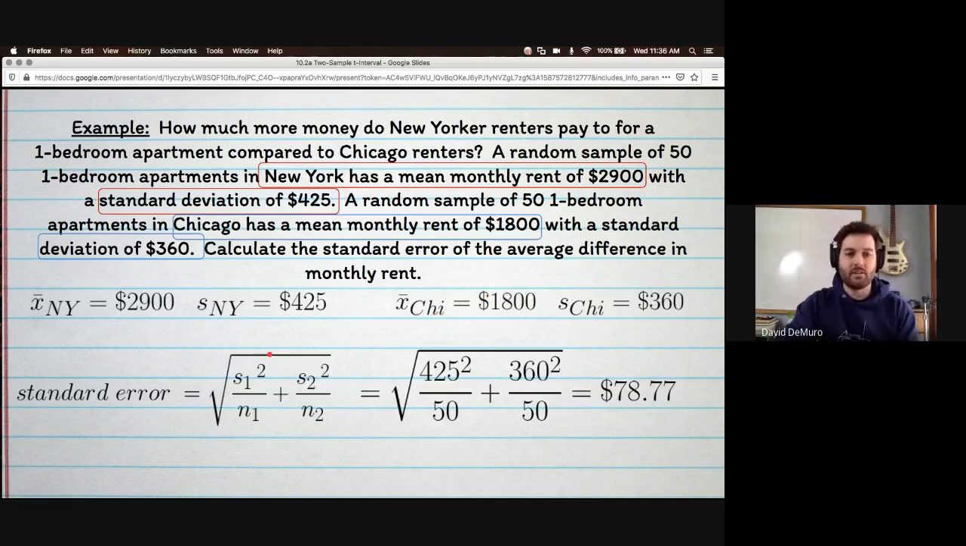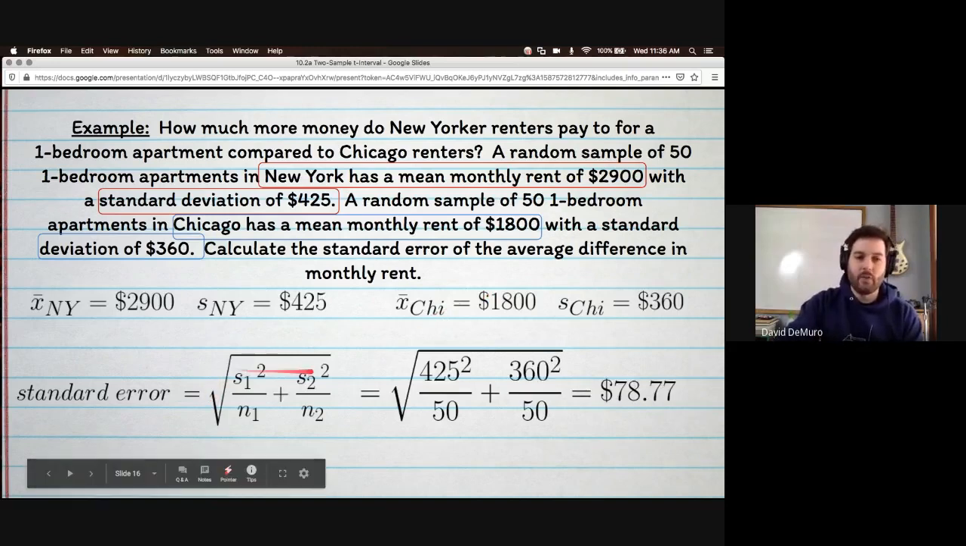All right, so we're going to take our standard error formula, square root of s1 squared over n1 plus s2 squared over n2, and substitute what we know. Standard deviation for New York was 425, so 425 squared over 50, because there were 50 apartments sampled from New York, plus standard deviation in Chicago, 360 squared over 50, because there were 50 apartments sampled from Chicago. Altogether, that's going to give you a standard error of 78.77,